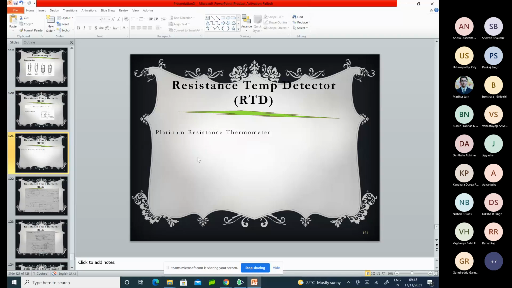As you see, the platinum resistance thermometer is a temperature detector. Its resistance changes with temperature, and its range is minus 250 degrees centigrade to 960 degrees centigrade. So you see that its range is wide. Minus 250 is quite low, and 960 is high, so almost all practical applications are covered, and it can measure temperature very precisely. It is so precise that it is used as a primary standard for temperature. And it is very costly.